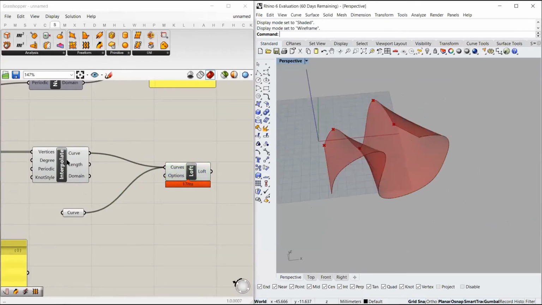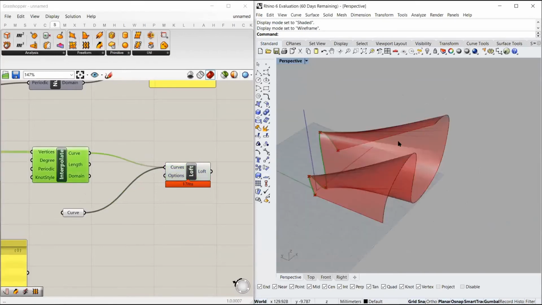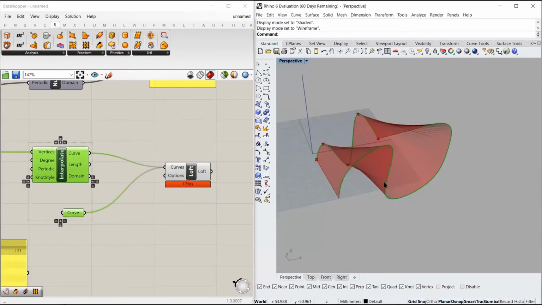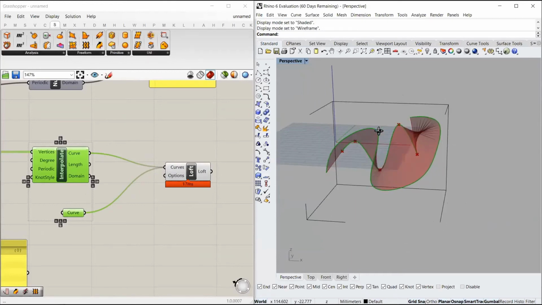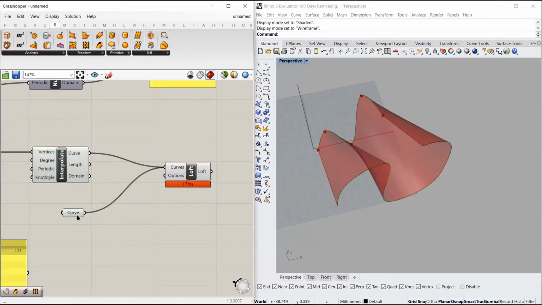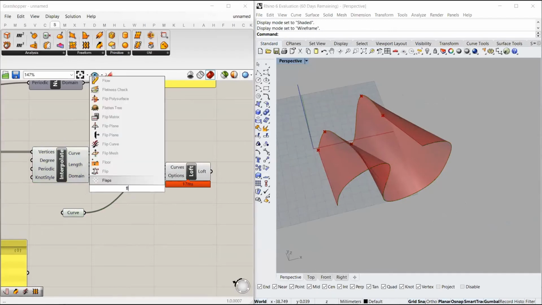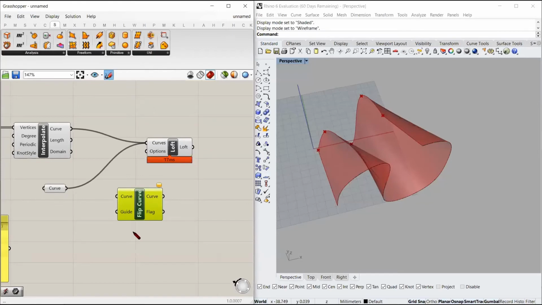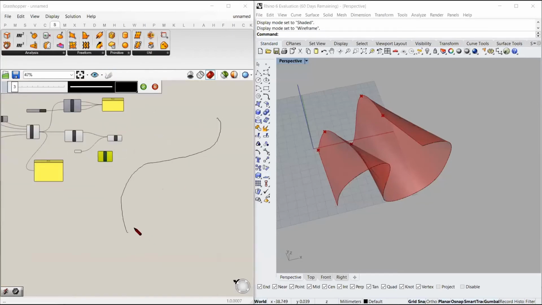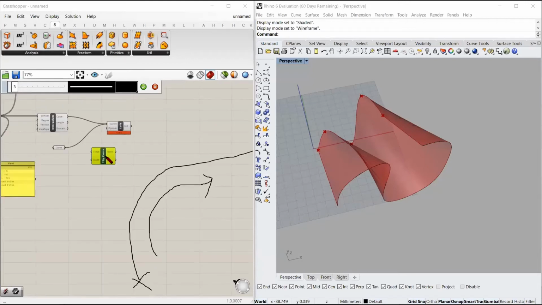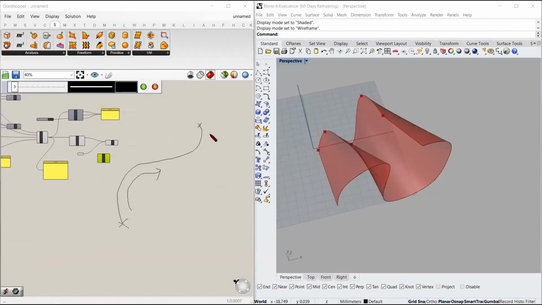So what it did, it matched the first point of this with the first point of this curve, and similarly it created multiple points on both the lines and did it till the end to create a smooth surface. There's another component to flip this curve. So what this component does, suppose this is your curve which was actually made starting from this point to this point. So the direction of the curve is in this direction. Flip curve changes the direction of the curve, and the start point becomes this and the end point becomes this.